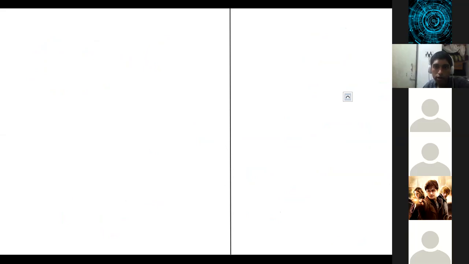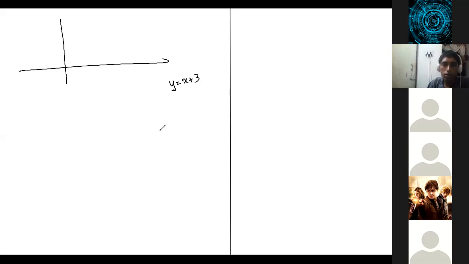Let us do a very small exercise. In school you must have plotted on graph paper. Did you guys use graph paper in school? Suppose you're asked to plot y equal to x plus 3. Then what do you do? You put some values of x and y. If you put 0, you get 3. Put 1, 4; 2, 5; 3, 6, so on and so forth. Did you do this in school?